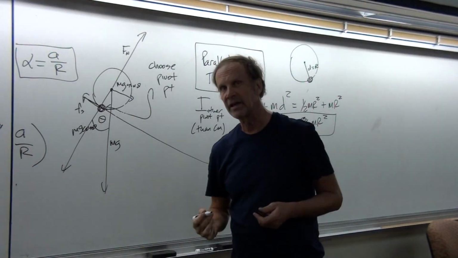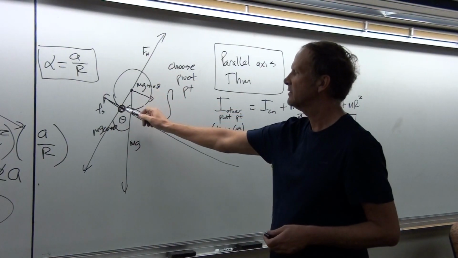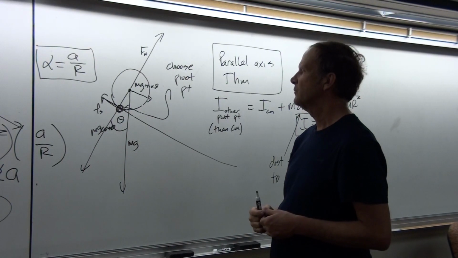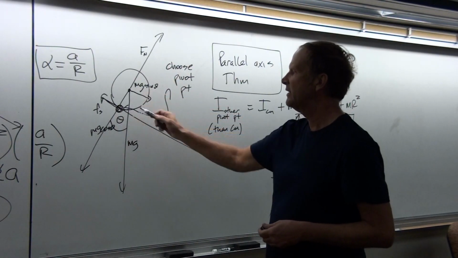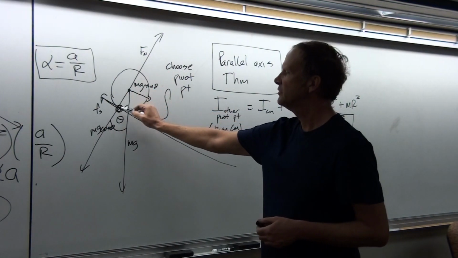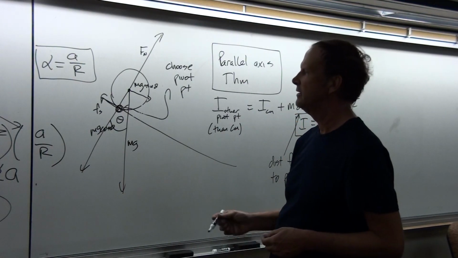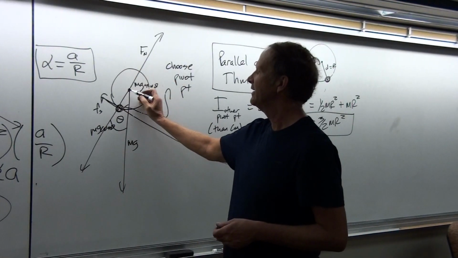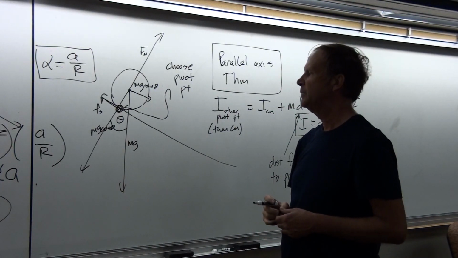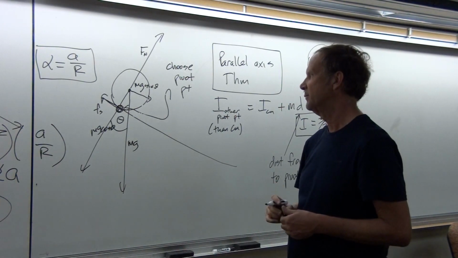When I have given exams in the past, what I have found is that if I ask you to calculate the torque or the angular acceleration or whatever it is that's asked for, a lot of times you'll choose that as the pivot point, but then not use the parallel axis theorem. And you pretend that it still is as if it were being rotated about the center. And that would be considered a major error if you did that on this problem.